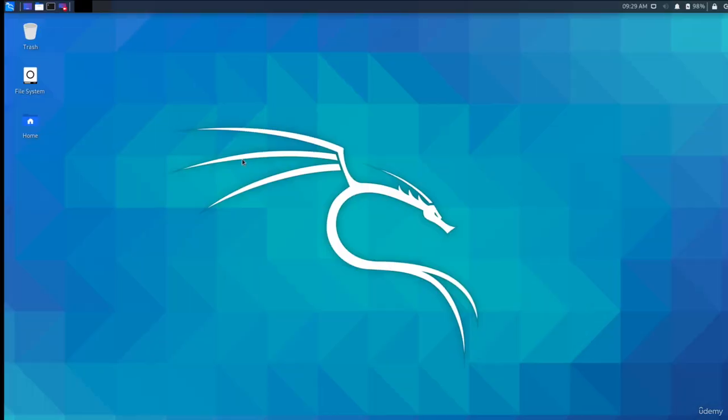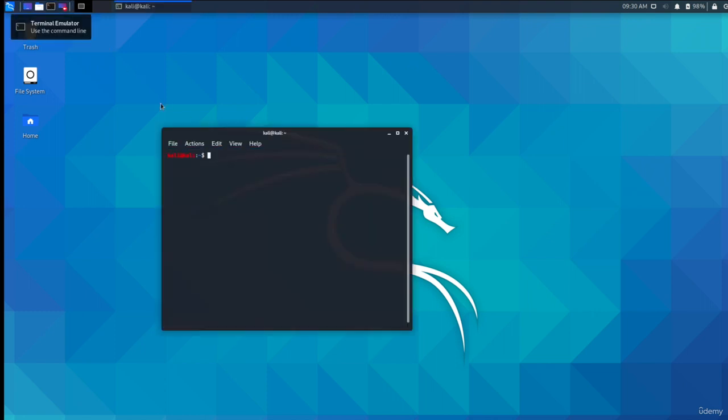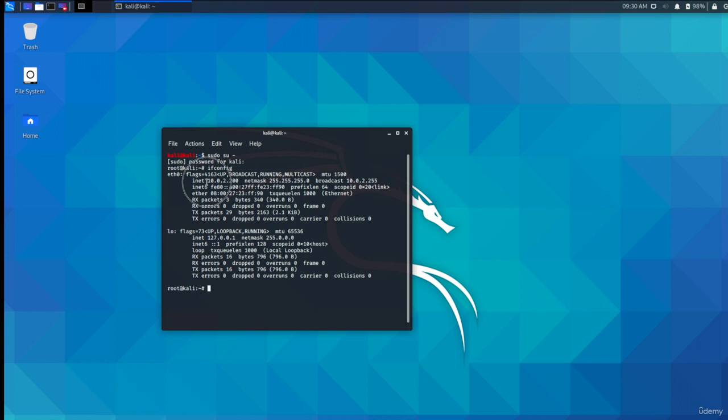Boot completed. So open the terminal screen and first type sudo su to switch the user to root so that you don't have to write sudo for every command that requires root privileges. And then run the ifconfig command to see the IP address of Kali. And it's 10.0.2.200. So let's ping a remote system, for example, Google DNS